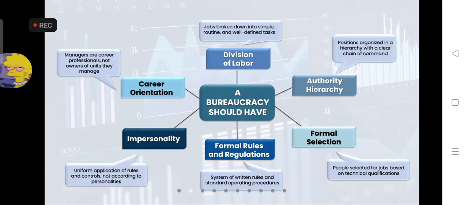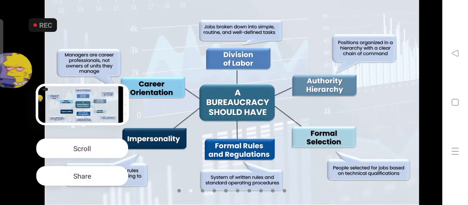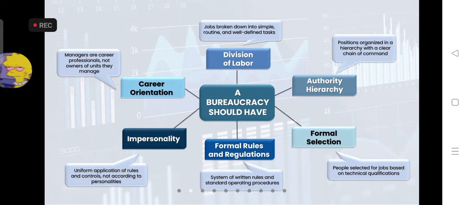So here are the characteristics of Weber's bureaucracy. So first is division of labor, which is the jobs broken down into simple or routine and well-defined tasks. So authority hierarchy, positions organized in a hierarchy with a clear chain of command. So formal selection, people selected for jobs based on technical qualifications. So formal rules and